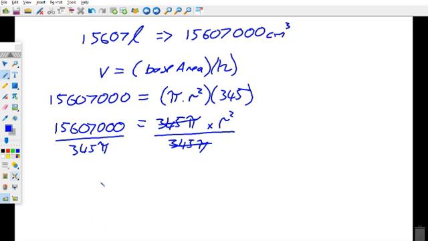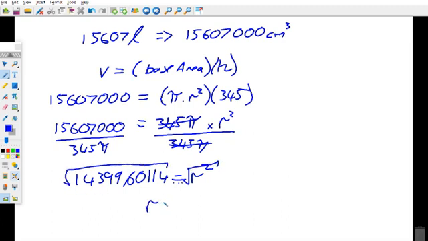Now it's a big answer. We're going to write it down here, 14399.60114, and it can go on and on a bit more, which is equal to r squared. Now, to get the square the other side, we have to root both sides. Okay, so there's a quick way to do this. We can say r is equal to, in your calculator without clearing anything, you push the root button, and then next to your equal sign, there's a little ANS button, answer. So root answer equals,